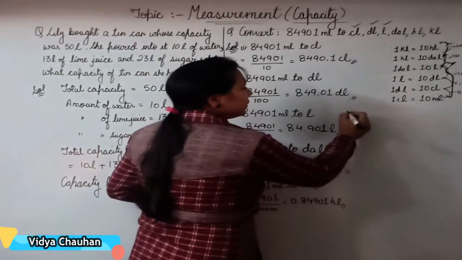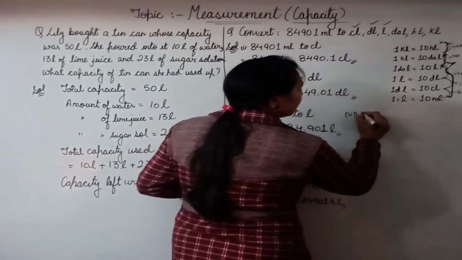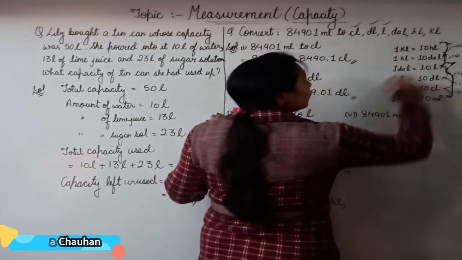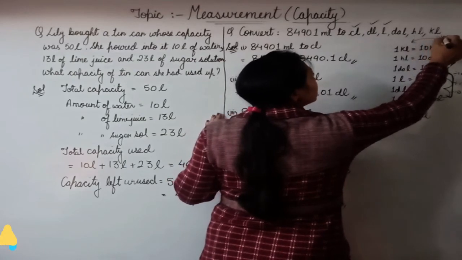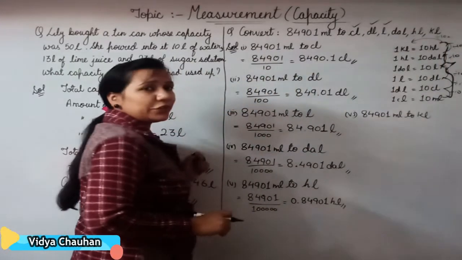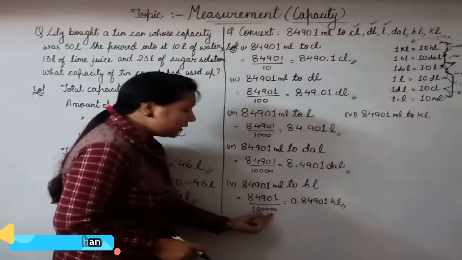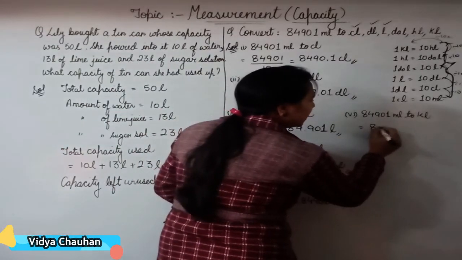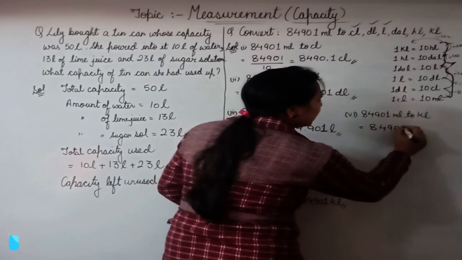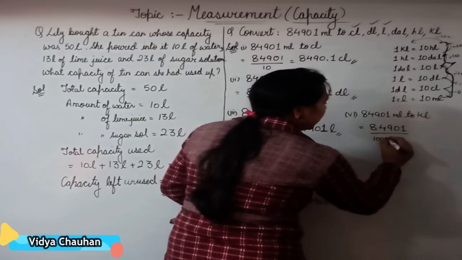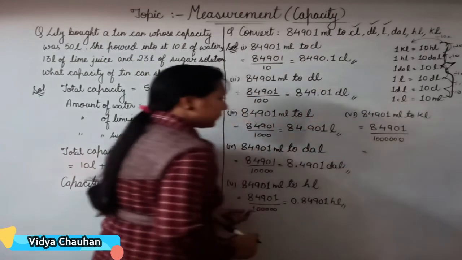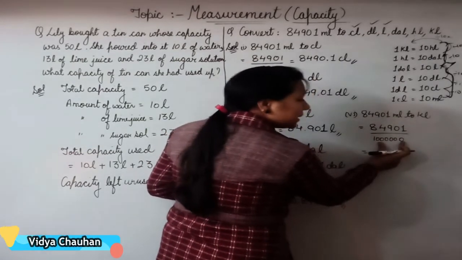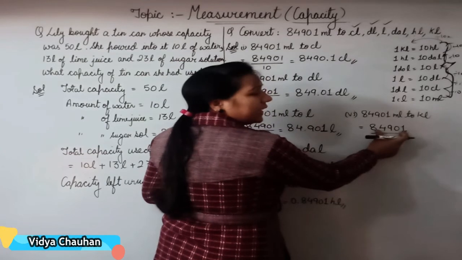Clear, students? Coming to the sixth part, in which you have to convert 84901 milliliters to kiloliter. So as we have to convert it into kiloliters, one more step up. So that means one more division by 10. Earlier we have divided by 1 lakh. Now we will divide it by 10 lakh, increasing one more 0 in the denominator. So it is 84901 divided by 10 lakh. That means 6 zeros in the denominator. It means you will get the decimal after 6